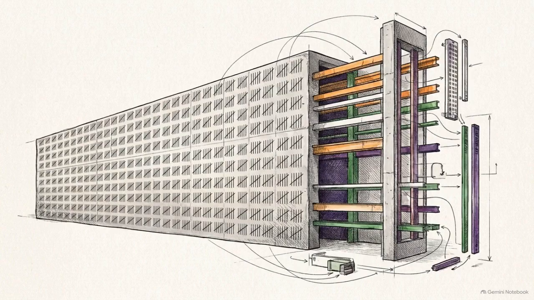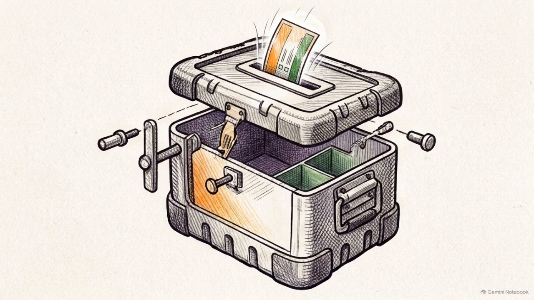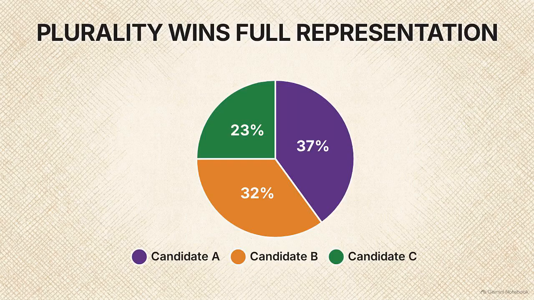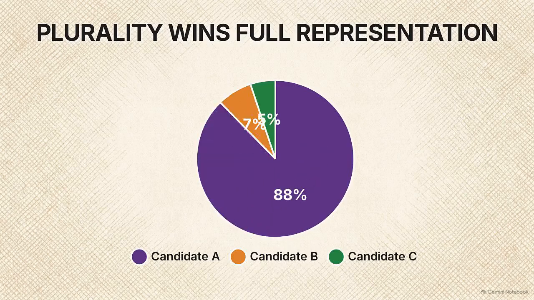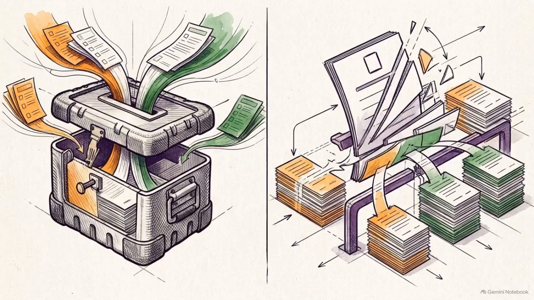The foundation of this architecture is the math used to convert raw votes into political representation. In India, this relies on a dual electoral mechanism. For direct elections to the Lok Sabha and Vidhan Sabha, the system uses first past the post. The mechanics of first past the post dictate that a candidate does not need a strict 50% majority to win. They only need a plurality. Simply getting the highest number of votes, even if it's far less than half the total, secures 100% of a constituency's representation.